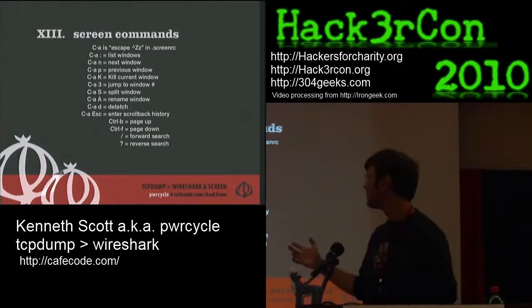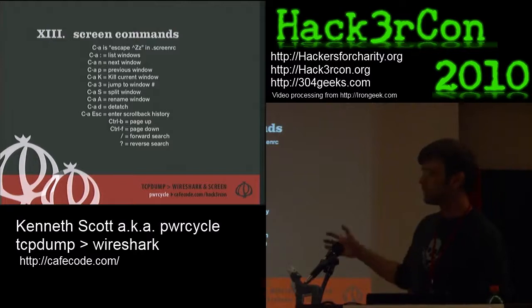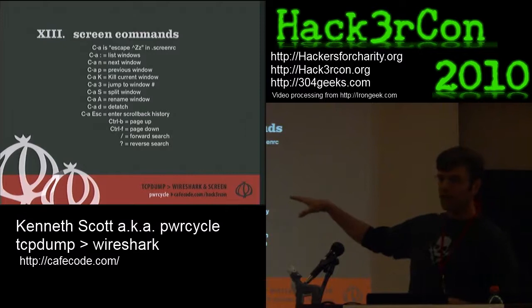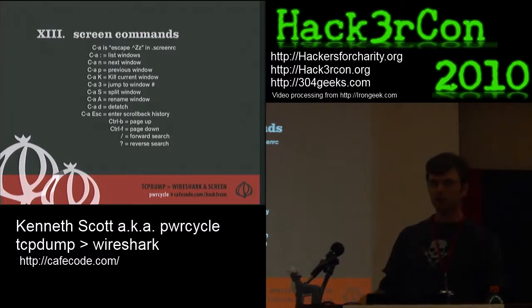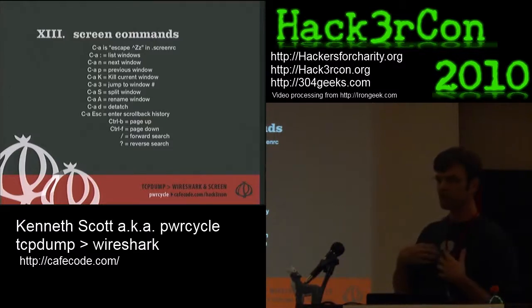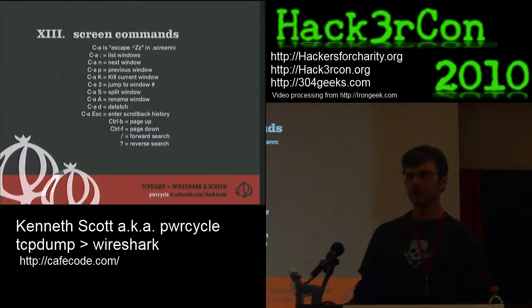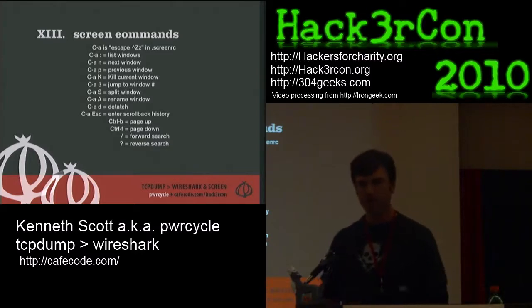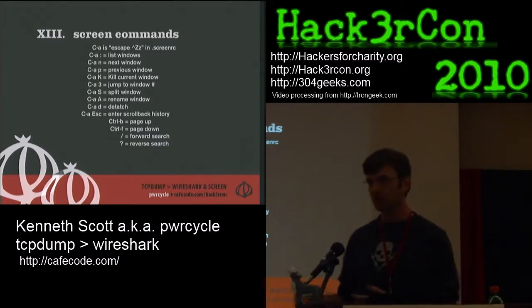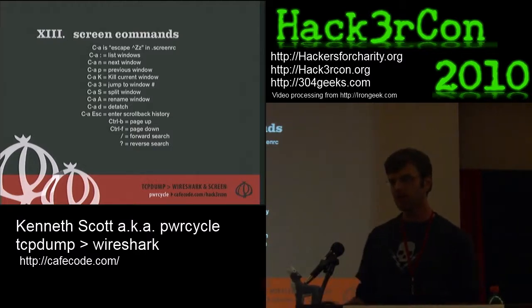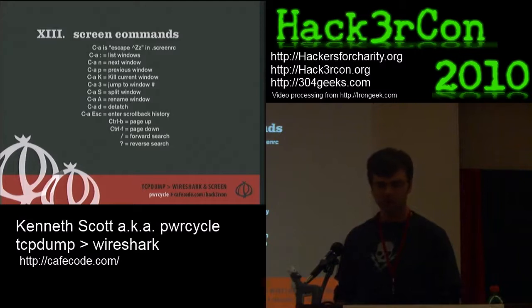So for screen, here are some of the important commands. As I said, Control A, if you read a tutorial on screen, that's what it's going to say the command character is. And what I changed it to in my first one is Control Z. I use Control R for my second one. I use Control Y for a third session. You can use anything you want, but you have to be careful not to overwrite some other